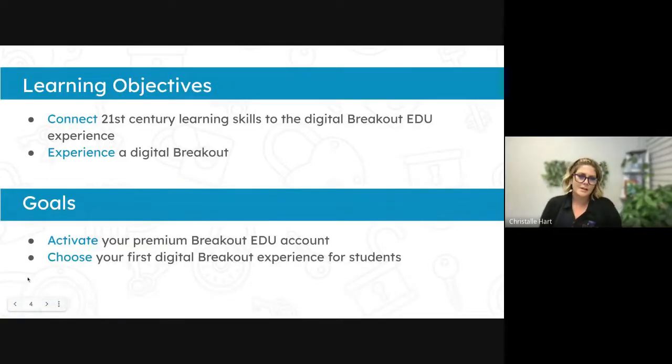So, welcome to Breakout EDU. We are going to take a look at digital breakouts, which can be used with your students in a brick and mortar environment, and it can also be used in virtual if you're part of the virtual program. We're going to connect Breakout EDU to 21st century learning skills. So, really looking at how we can use this tool to communicate and collaborate and foster creativity and critical thinking